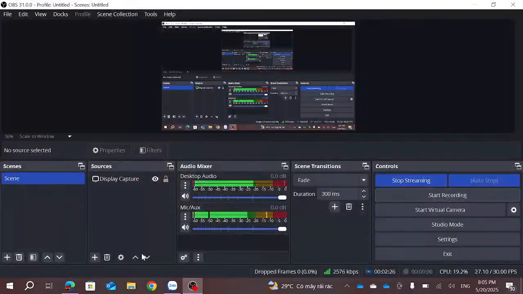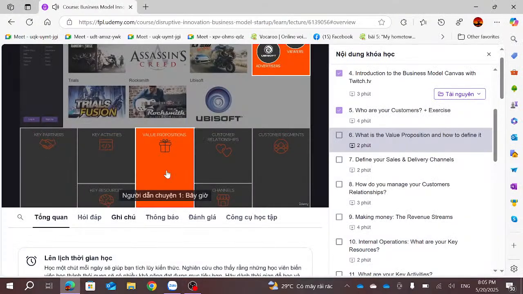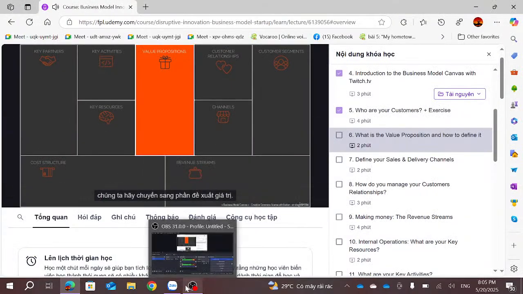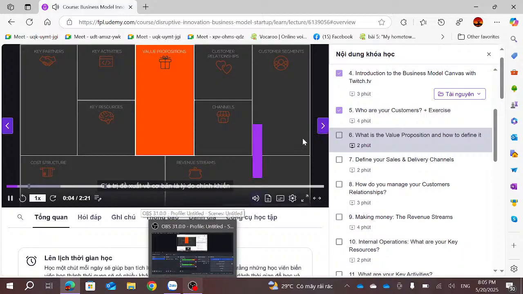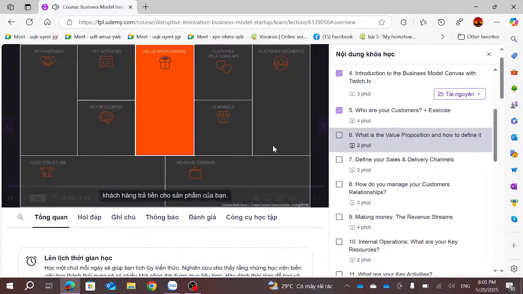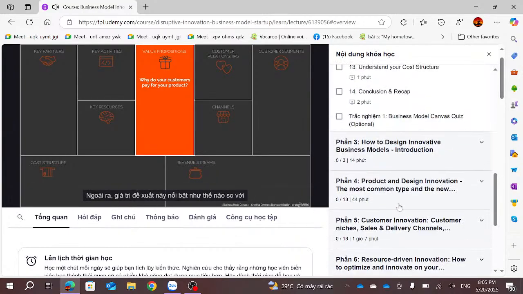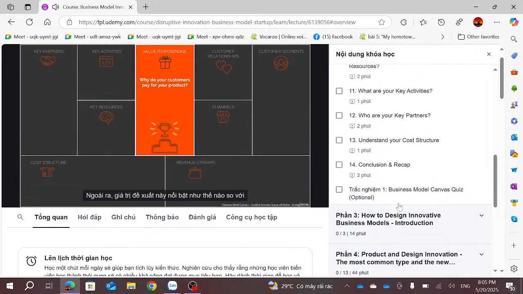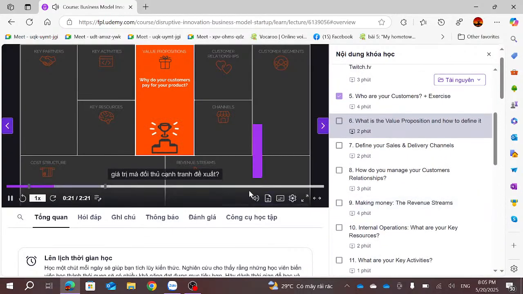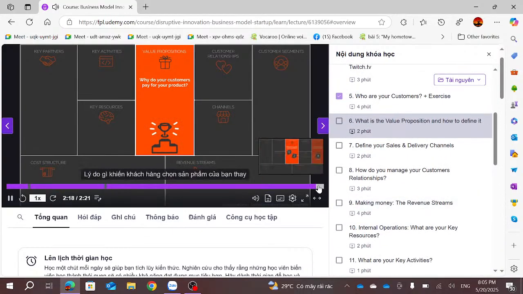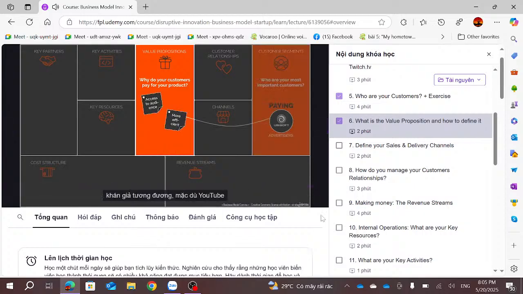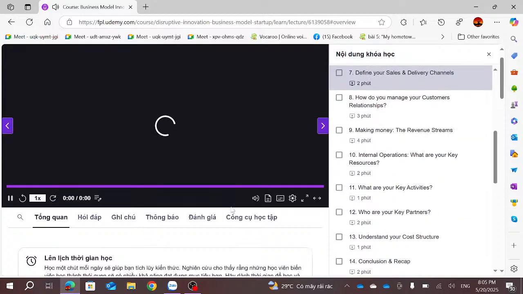So now let's move on to the value proposition block. A value proposition is basically the main reason why your customers pay for your product. What does it bring to them? What value do they get by paying you? What needs are being satisfied? Also, how does this value proposition stand out from what competitors propose? What is the reason why